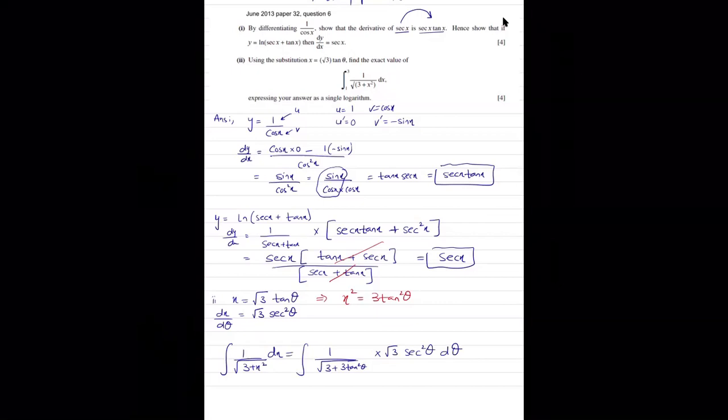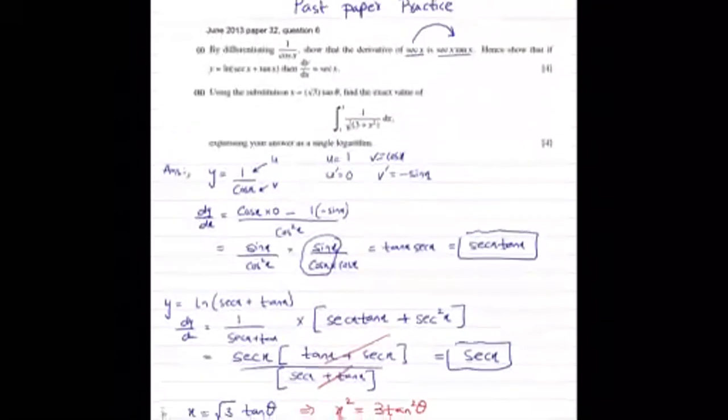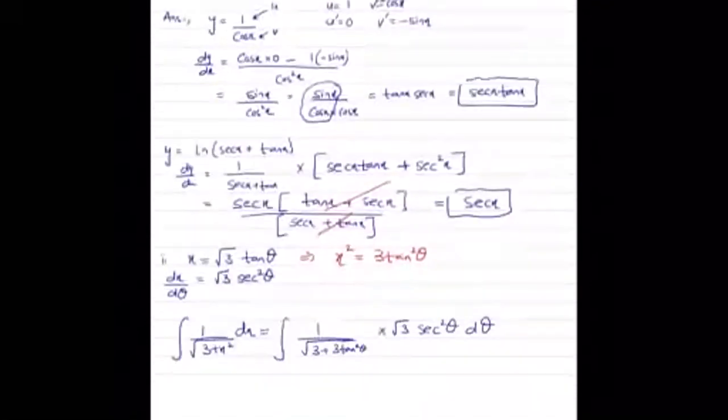Were you able to get till here? So I got to the step before this. Okay. Now we are going to continue from here. The limits are still left. So let's figure out the limits as well. When x is 1, you have been given limits of x in the question, and you want the limits of theta. So I want you to find me when x is 1, what is theta, and when x is 3, what is theta equal to.